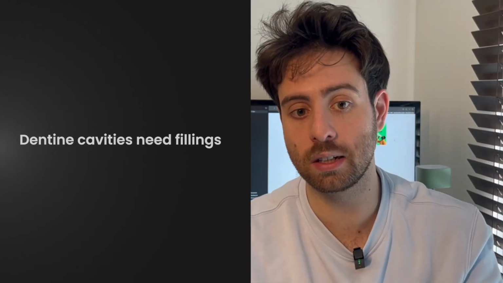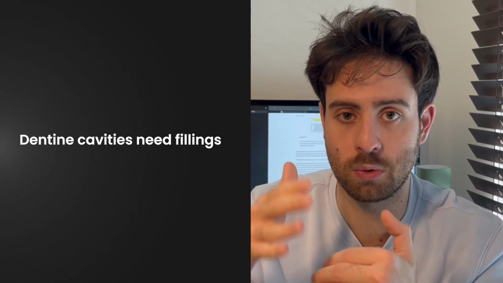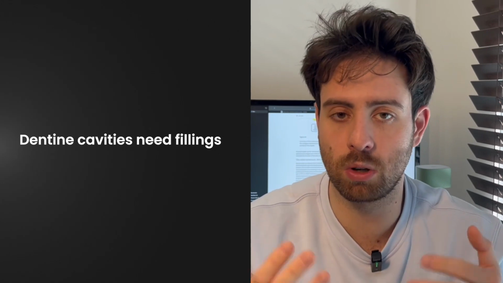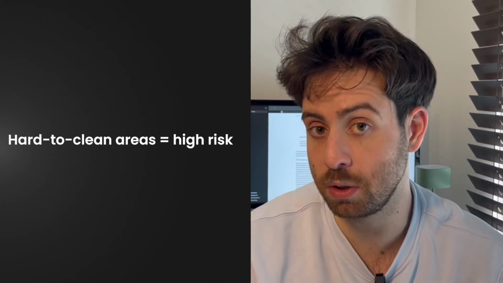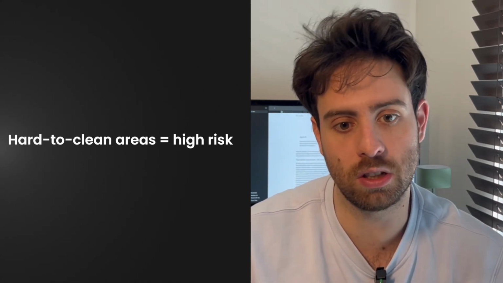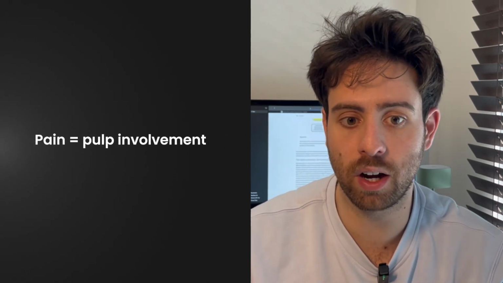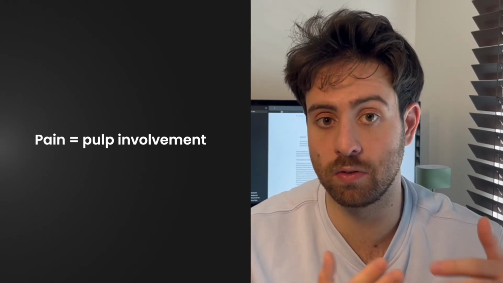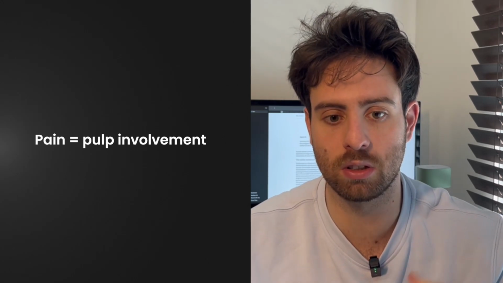So when a filling or restoration becomes necessary, for example, if we have a cavity in the dentin, and that's when the decay has clearly reached the dentin and has caused a visible hole. So basically, it has reached the second layer of the tooth, and the tooth structure is weakened, and delaying treatment at this point often leads to bigger problems, or even if we have hard to reach areas. So some spots in the mouth are just difficult to keep clean, even with great hygiene, and cavities in these areas often get worse if left untreated, or if we have pain or infection. So if there is nerve pain or signs of nerve damage, immediate treatment here is needed. So conservative treatment does not treat the pulp.